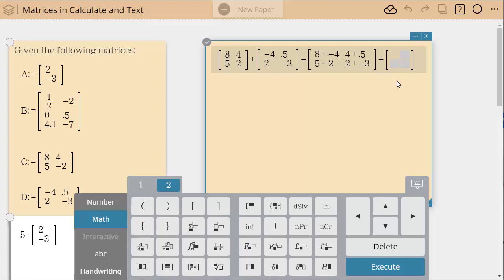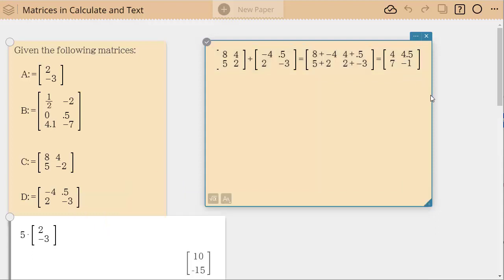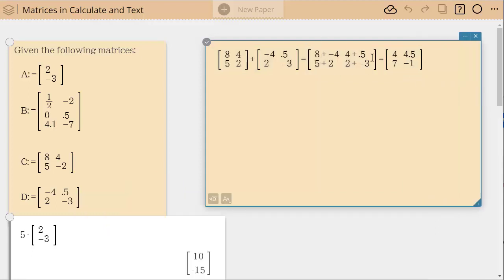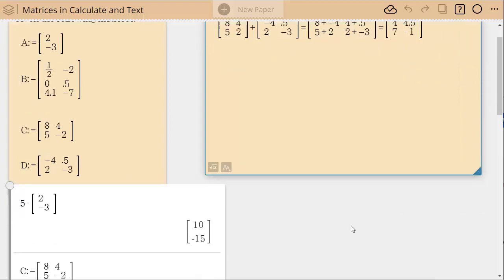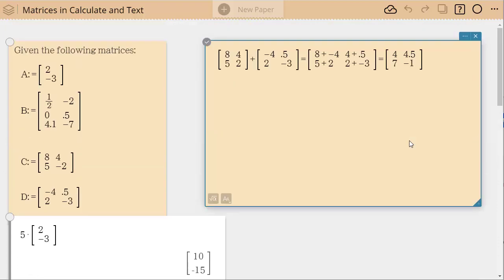So now I get my 4, my 4.5, my 7, and my -1. So this is a way to do the matrices, not having the calculator do it. Maybe they use the calculator to verify their answer. So here's the answer verified, but I've used the ability to use the templates in the text to show my